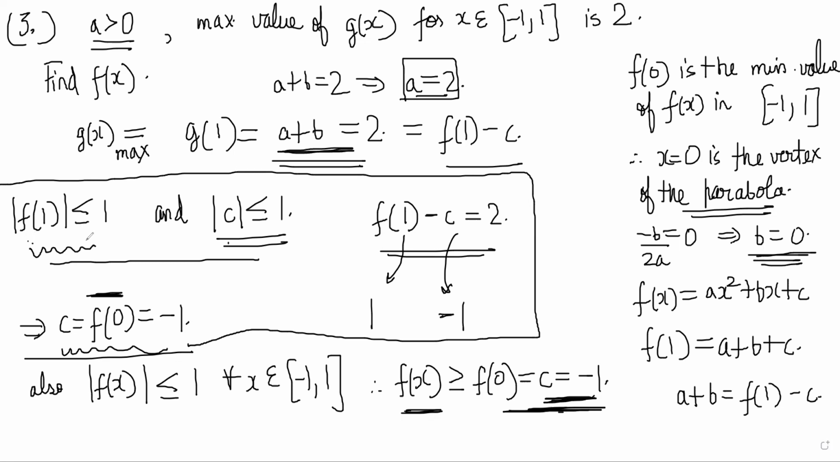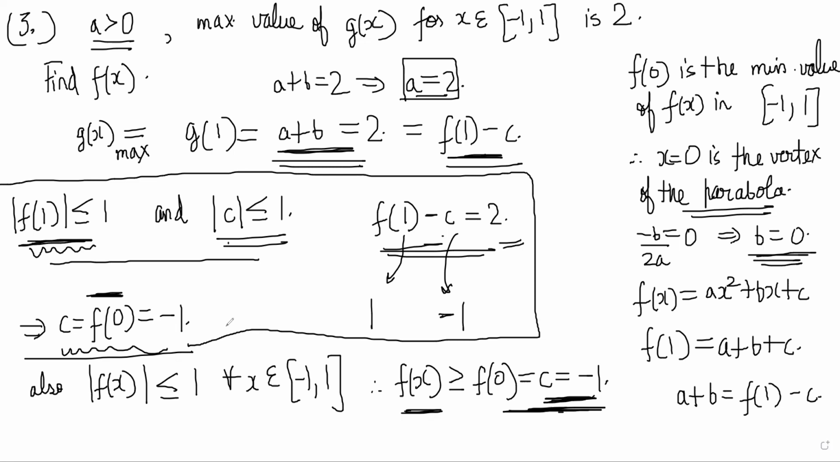We got it because we knew that f of 1 is less than or equal to 1 and mod C is less than or equal to 1. And we also got that A plus B is equal to 2, which is f of 1 minus C. F of 1 minus C is equal to 2 implies that C must be minus 1, right? And f of 1 is 1, right? So once we get that, we will realize that if C is minus 1, that means C was equal to